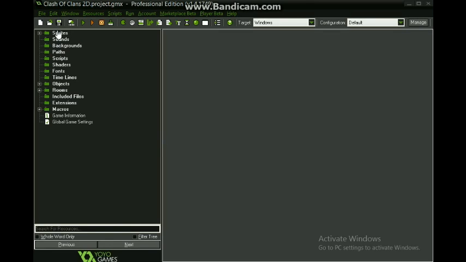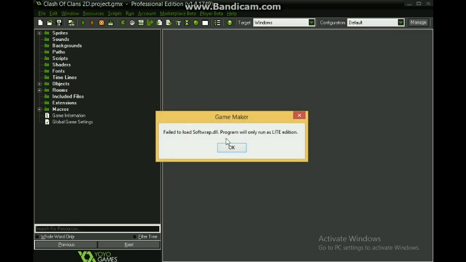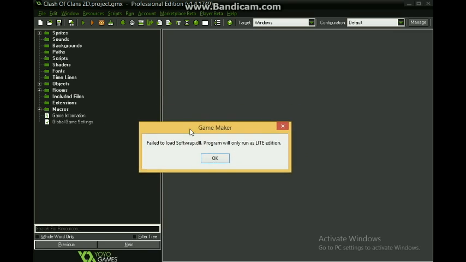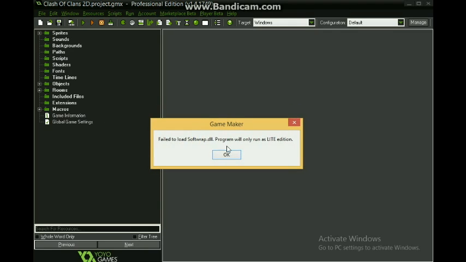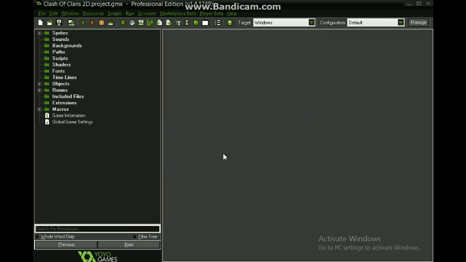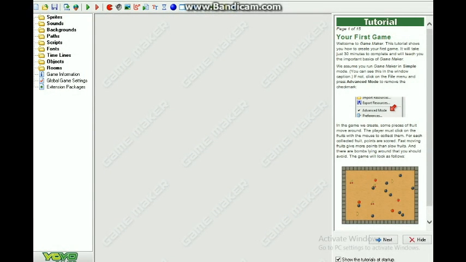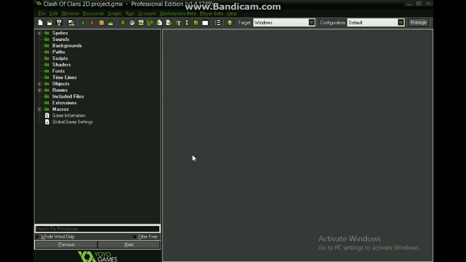Today, this is part 2, and I switched the Clash of Clans 2D to Game Maker Studio because, as you can see, if I press Game Maker, we get a "failed to load software.dll, program will only run as light edition" message, and if we run it as a light edition, there are only a few functions.